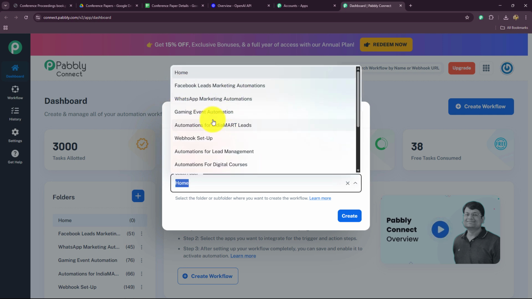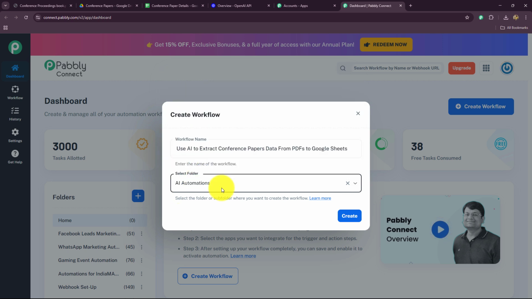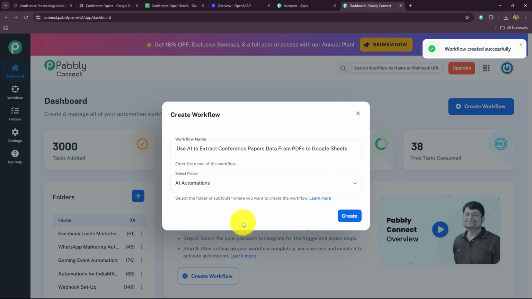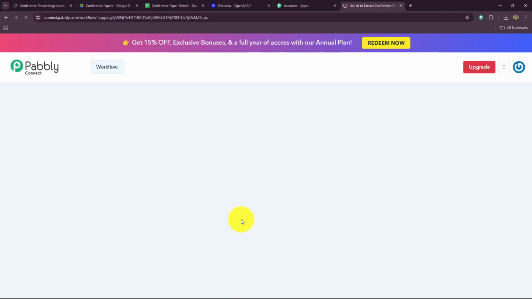So you can see I have a list of folders. I have created separate folders on my dashboard to save different kinds of workflows. The automation which I'm going to create currently is related to AI. So here I'm going to select AI Automations as my folder, and now I'm going to click on Create. As we have done that, the workflow is created successfully, and now a new screen is going to open